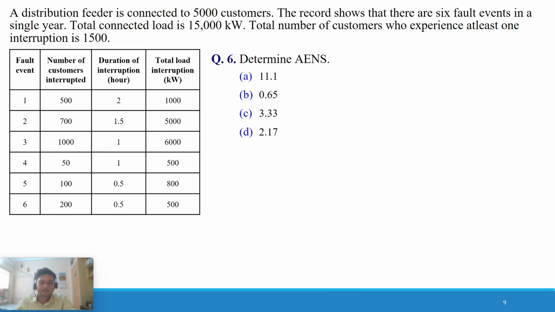Next problem. In the next problem, we have to determine the AENS, average energy not supplied. Whatever energy is not supplied, we have to divide it by the total number of customers served. So AENS is